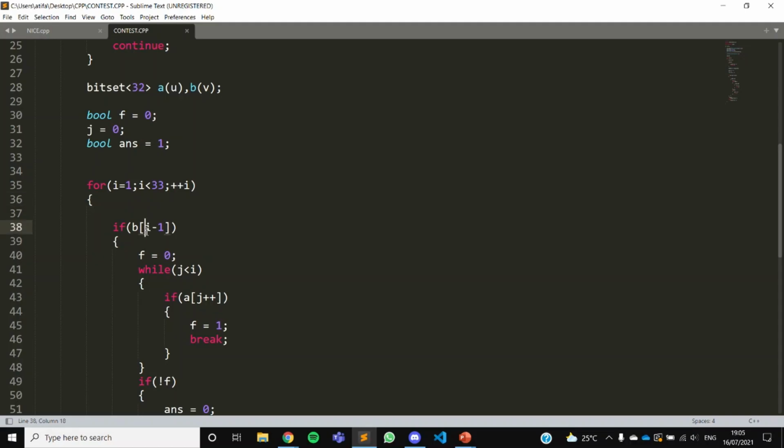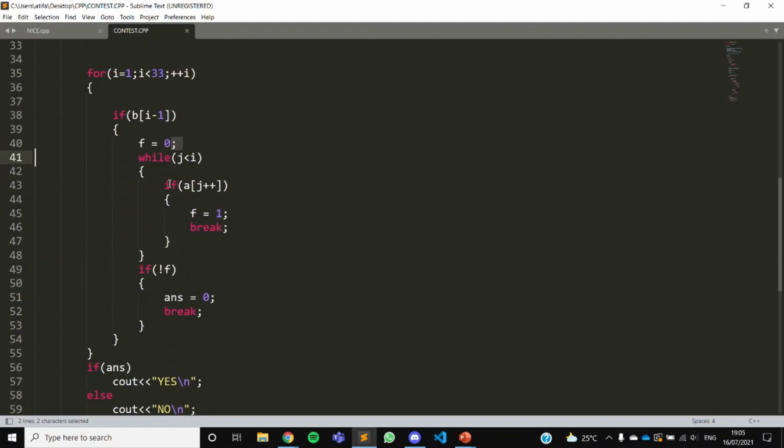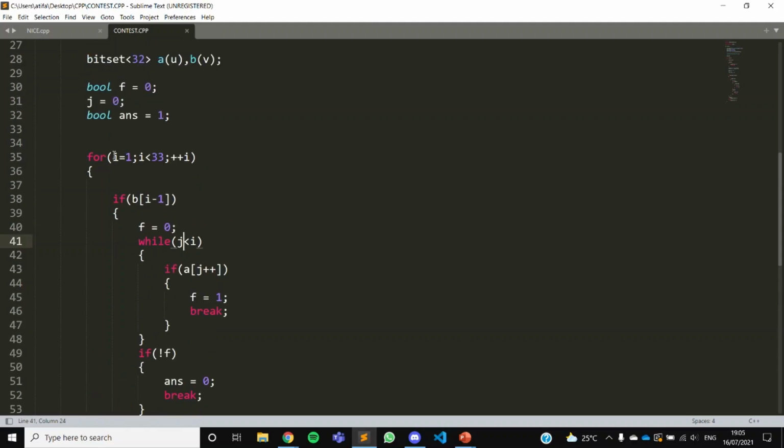So for every set bit of B at i, I'm initializing a bool variable f equal to 0. That's just a flag. So I'll be iterating from the position j till less than i, so till the position where the set bit is there in B. We'll be iterating and finding ones from there.